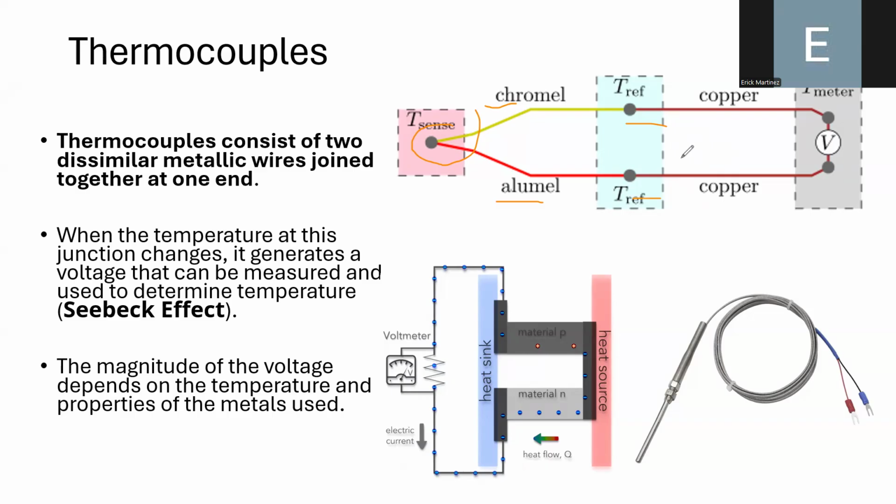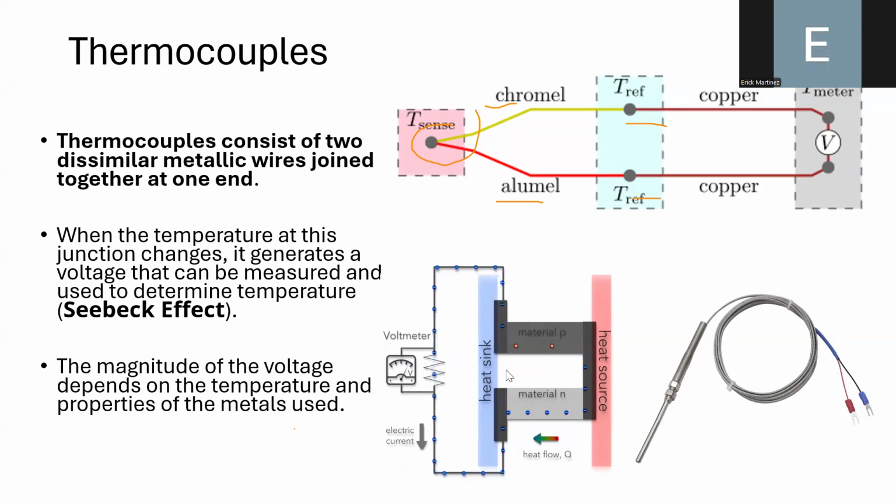So the effect is the following. You have a junction of two metallic objects, and when you apply heat or temperature to that junction, you will produce a voltage on the other side. And that is related to the Seebeck effect. The Seebeck effect basically states that